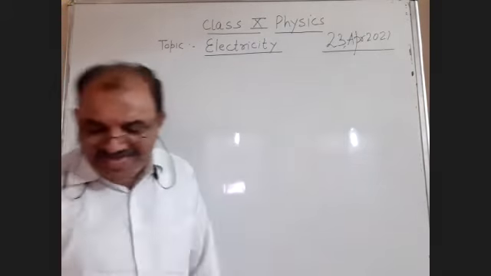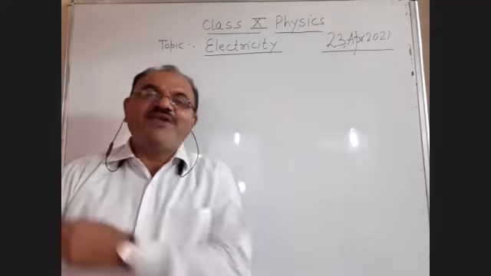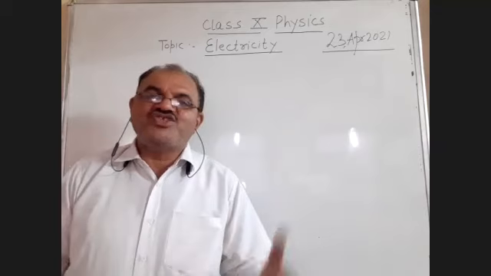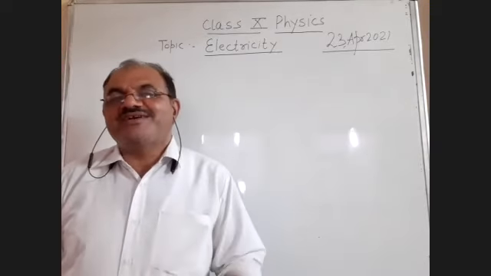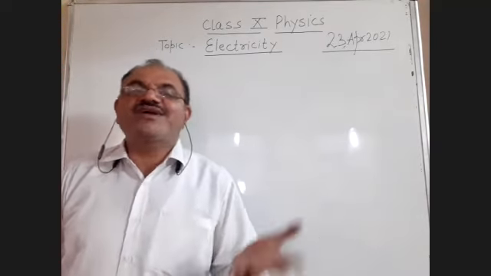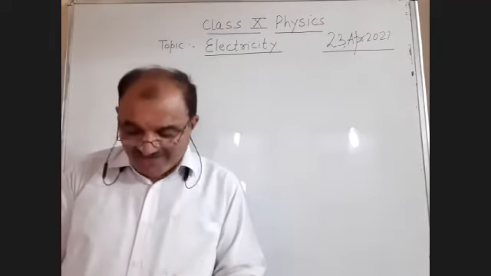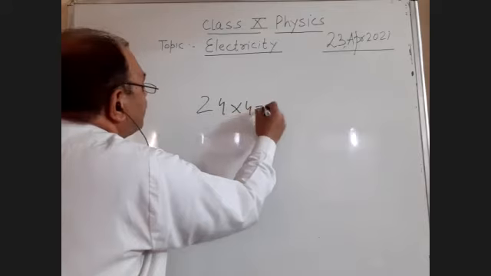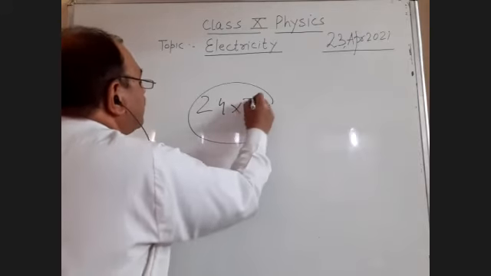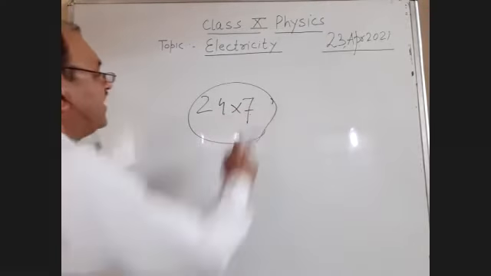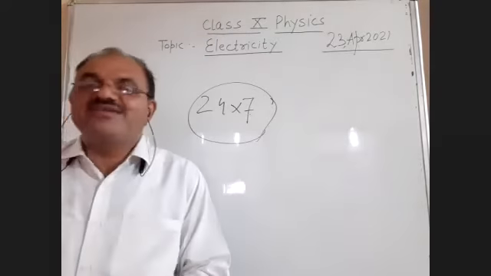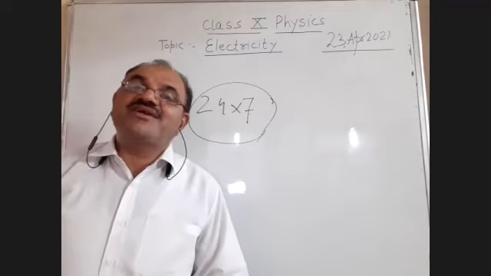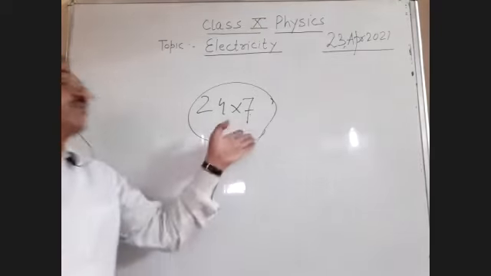The reason is that when I started this lesson, in my previous lecture I already gave a brief idea about electricity. The village, town, district, state, or country will progress where they have 24/7 electricity. If the electricity is available 24/7, that village, town, district, state, or country will progress.